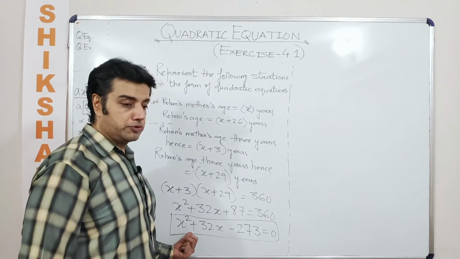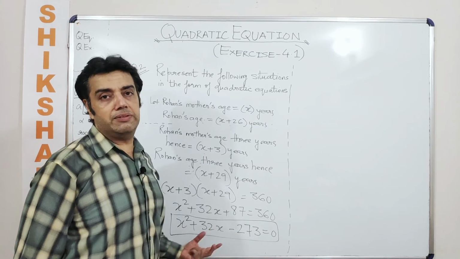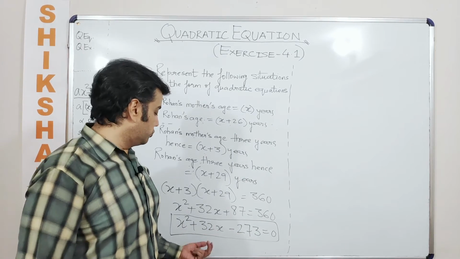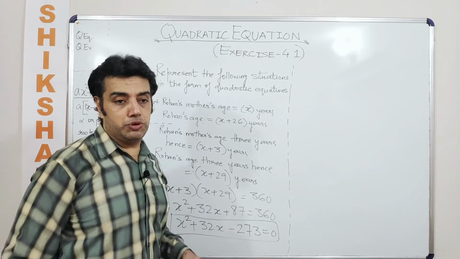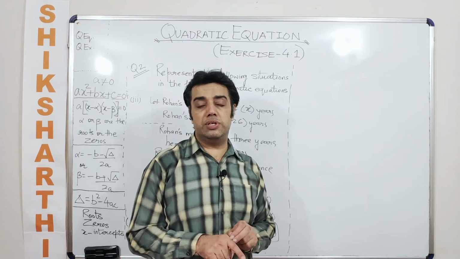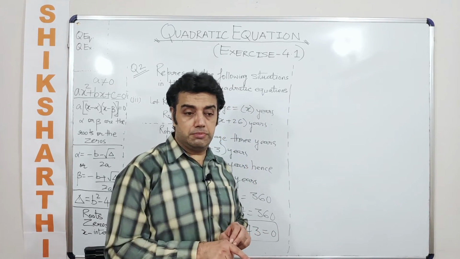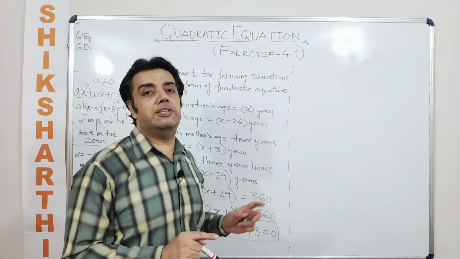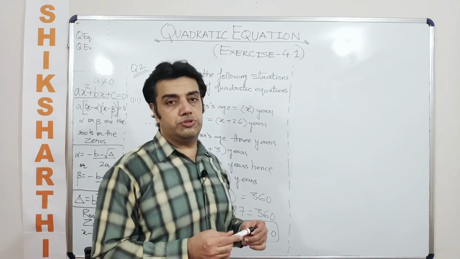Maybe you are getting two zeros from here and there are two possible values. Maybe you are getting one zero as negative and one zero as positive. Now you know that when the sum is positive and the product here is negative, the product can be negative only when one of the roots is positive and the other root is negative. Please remember this. So now you can apply the nature of roots that we had done. Okay, but we are not supposed to find out, we are just supposed to represent.